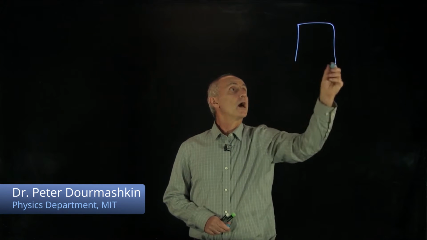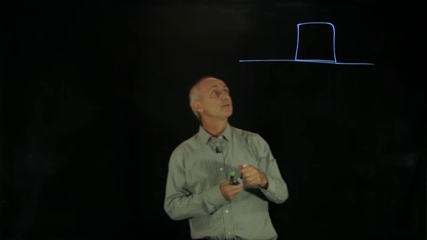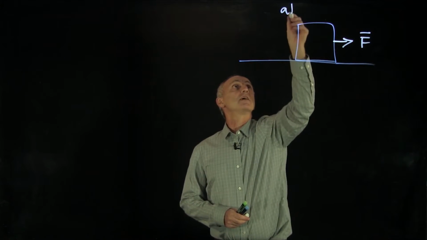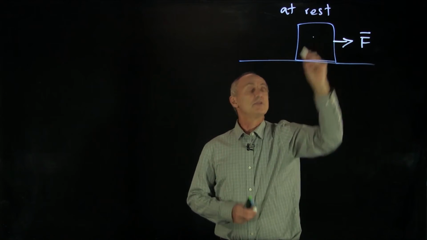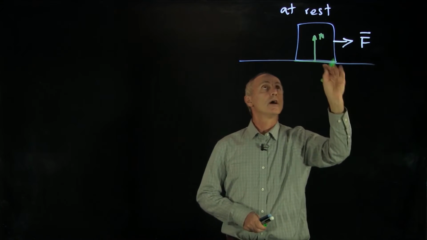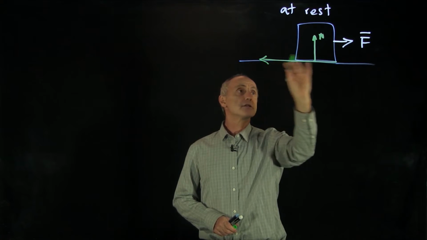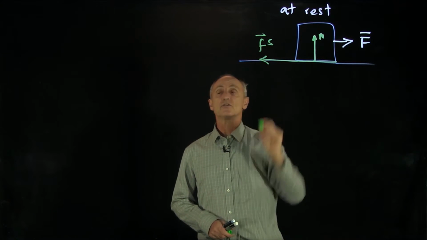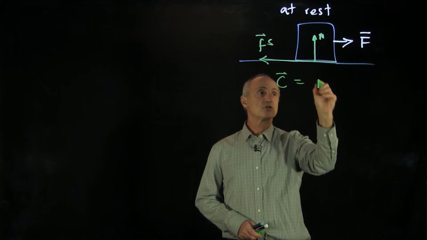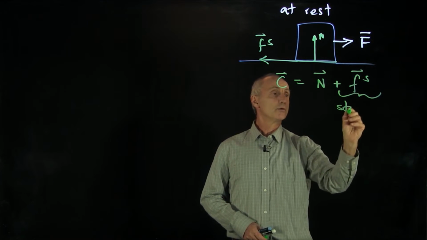We consider the case where an object is moving along the surface, but now let's consider what happens if we apply a force F here and the object stays at rest. Well, we still have the normal force distributed over the surface, but now because the object is at rest, the contact force now includes what we call static friction, the tangential part of that. And the contact force is still the perpendicular part, the normal force, plus the tangential part, which we refer to